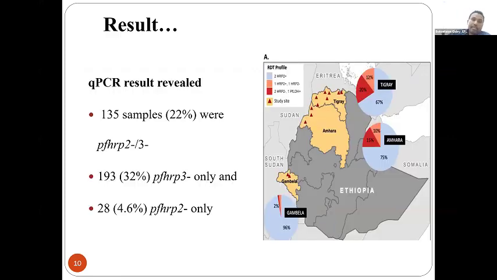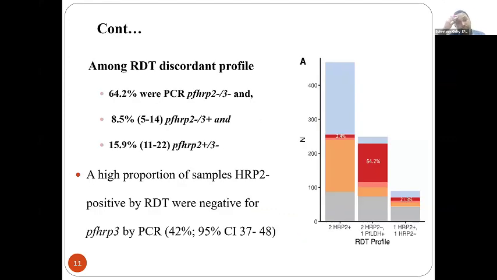In the results, about 22% were double deleted, which is PF-HRP2 and 3, 32% were HRP3 only, and 4.6% were PF-HRP2 only deleted. Among the discordant profiles, about 64% were double deleted, 8.5% were only HRP2, and about 16% were